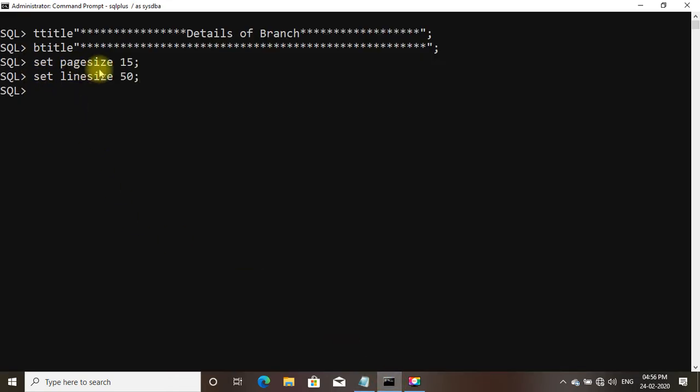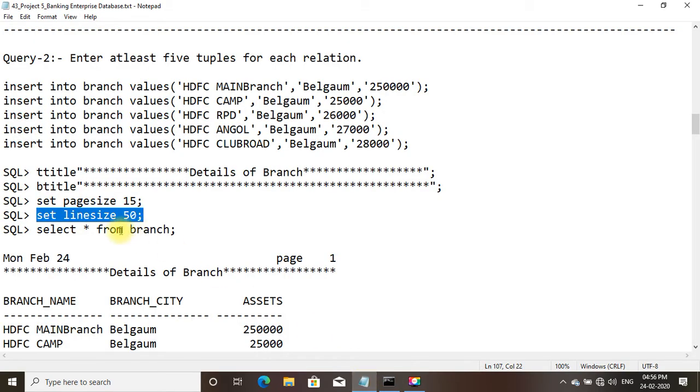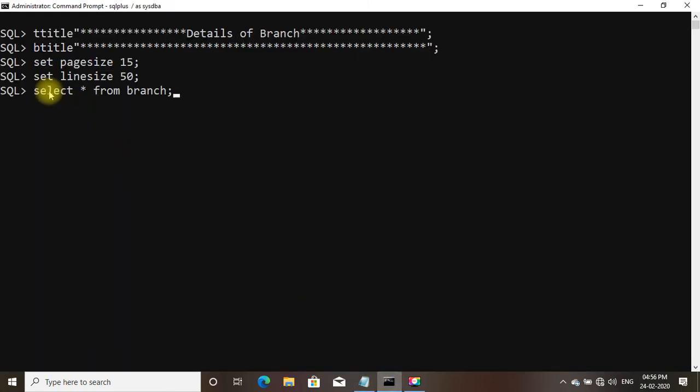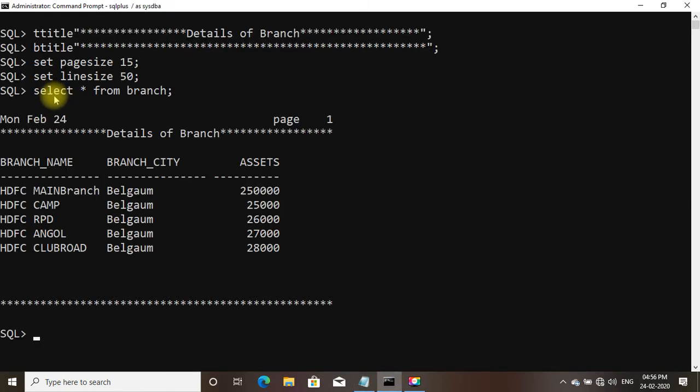So set the page size to 15 and line size to 50. Now we shall select star from branch. So here you can see the records inserted in the branch table. Details of branch: branch_name, branch city, and assets.